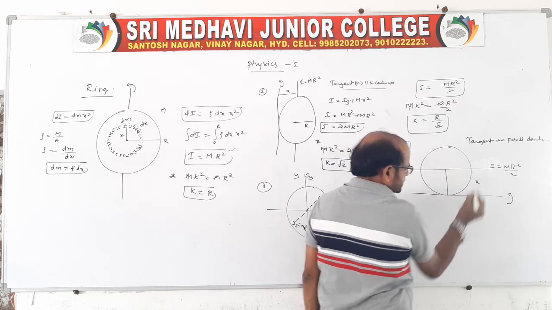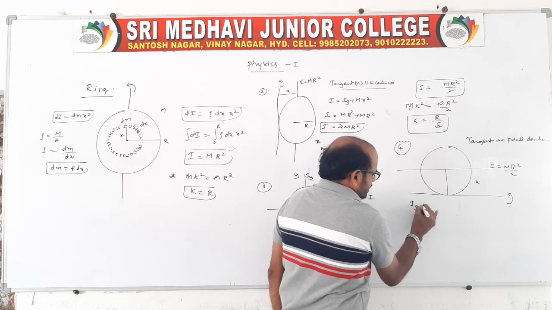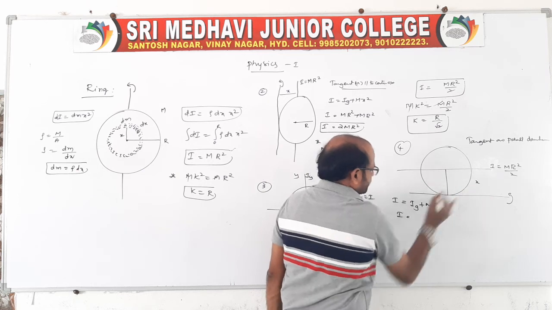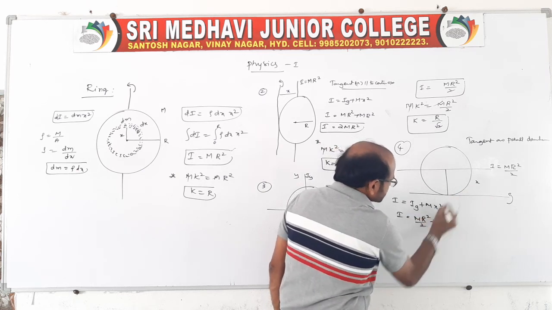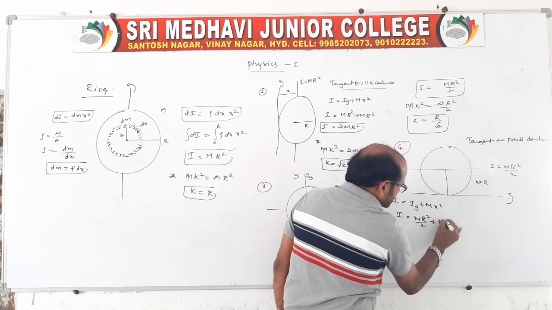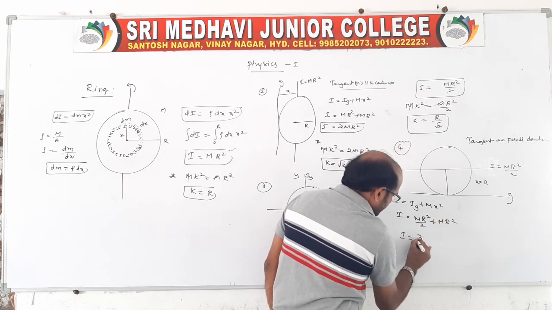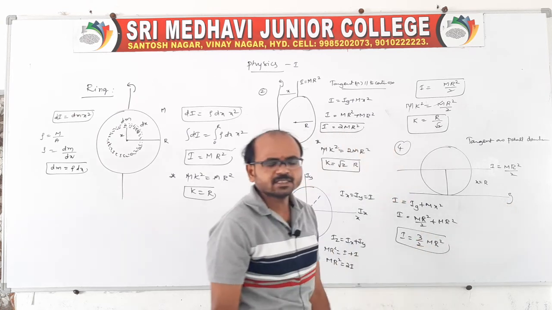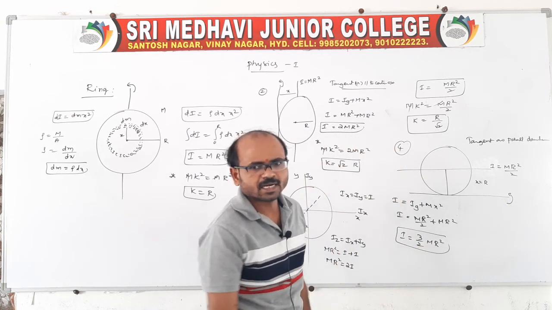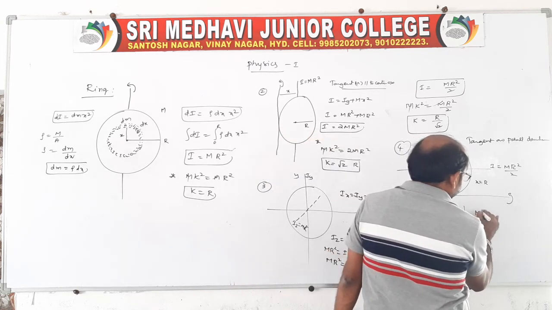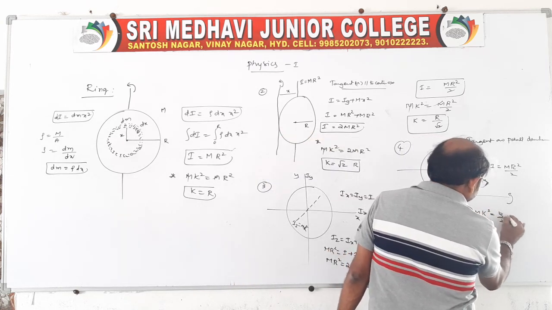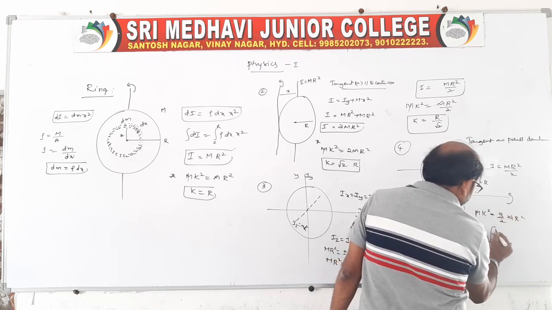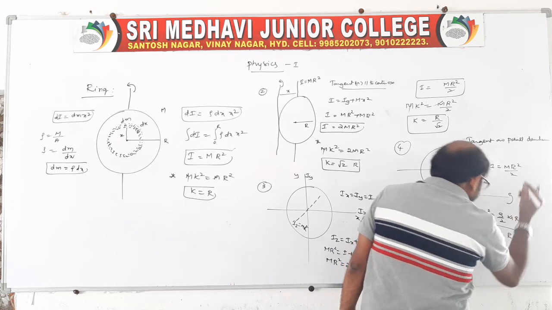You say the distance is x. According to the parallel axis theorem, Ig plus mx square is equal to I. So I is equal to Ig, we know mr square by 2, plus this distance is nothing but r, so mr square. So that I is equal to 3 by 2 mr square about this axis, tangent parallel to the diameter. And as well as you take the radius of gyration, mk square is equal to 3 by 2 mr square. So m cancels, k is equal to root 3 by 2 into r. So it is for a ring.